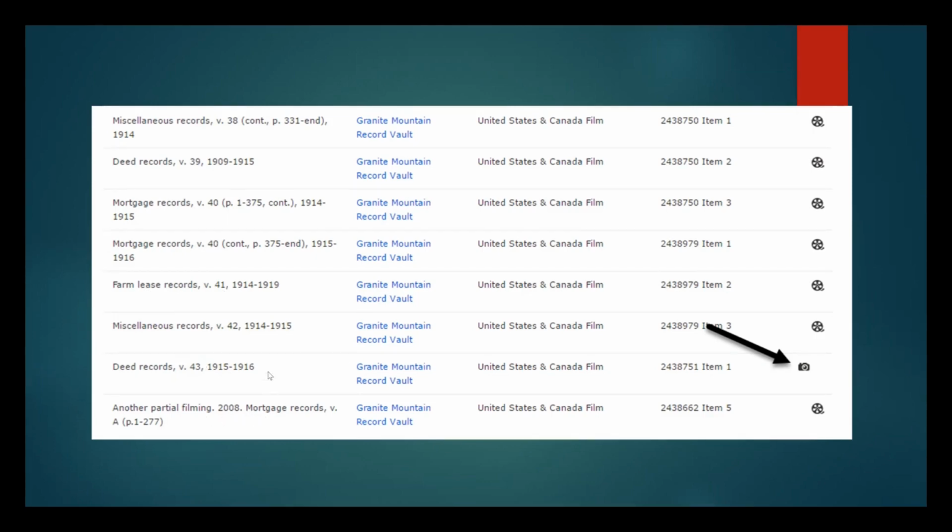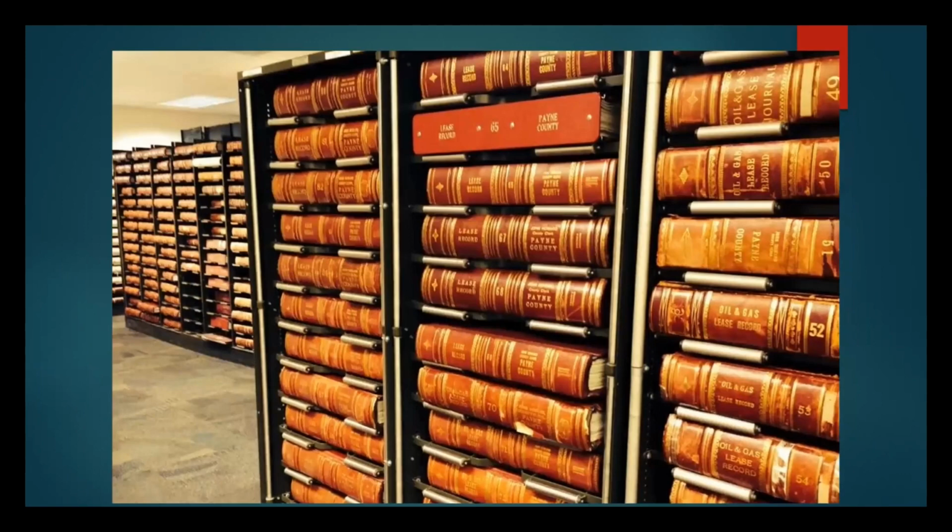Let's see. If you go to the courthouse, these are the books. They are no joke. They are very, very heavy. This was in Payne County, but when I was in Cleveland County one time, I had to get all of these books down myself, and they're pretty tall. These shelving cabinets are pretty tall, and taking those books down off those shelves is not for the faint of heart, and carrying them over to a table so that you can look through them. So keep that in mind if you go to the courthouse to actually look at records. I always think I should have brought one of my grandkids with me that can do all my manual lifting.